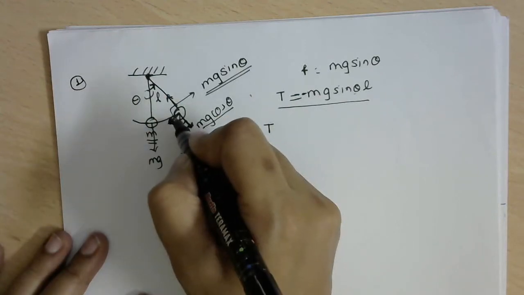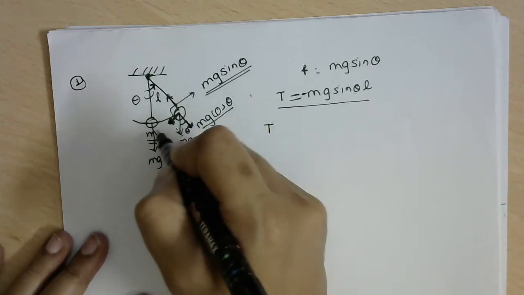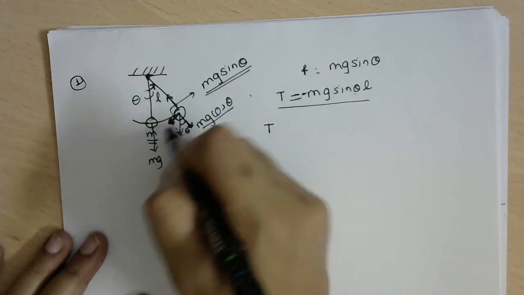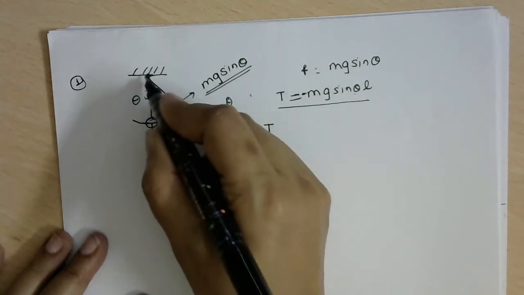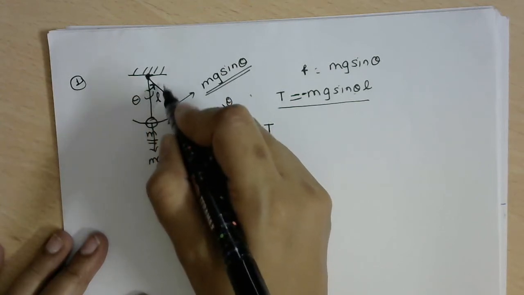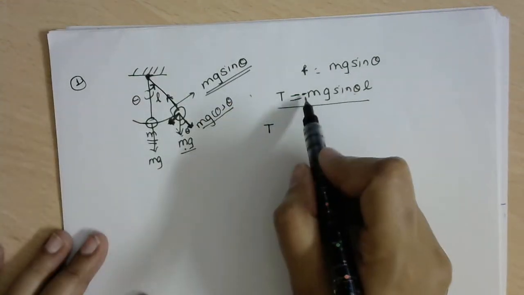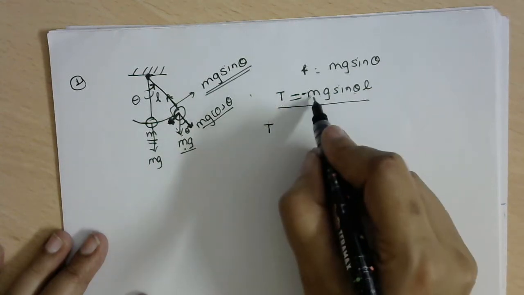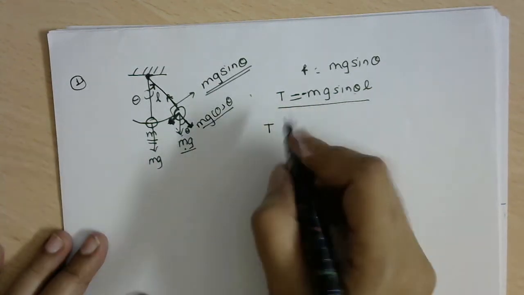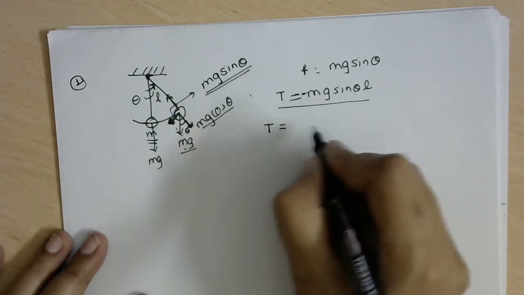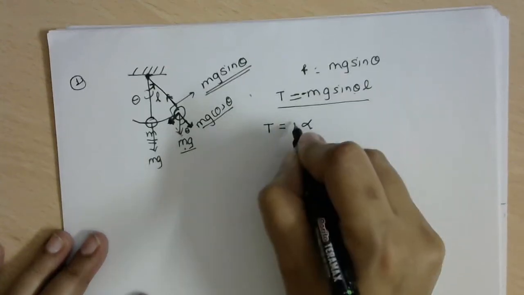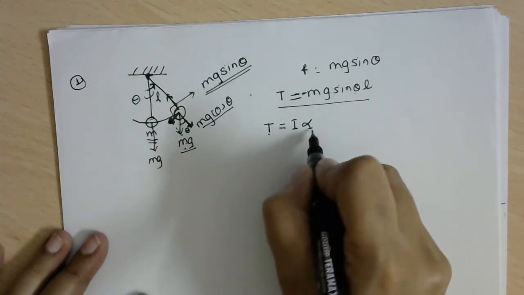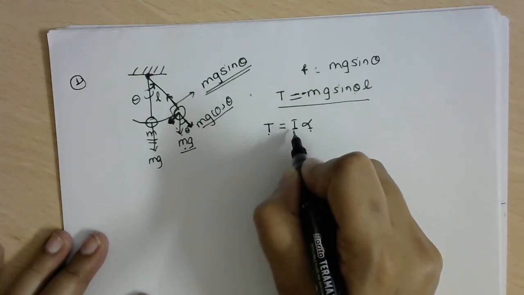And now because of this force which is acting in this direction, towards the previous position, that unbalanced force is causing an unbalanced torque which is acting in the negative direction of theta, and hence we should have this negative sign over here. So the unbalanced torque in our case is now minus mg sine theta L. This unbalanced torque should cause angular acceleration alpha, and T and alpha will be proportional, and the proportionality constant will be I.